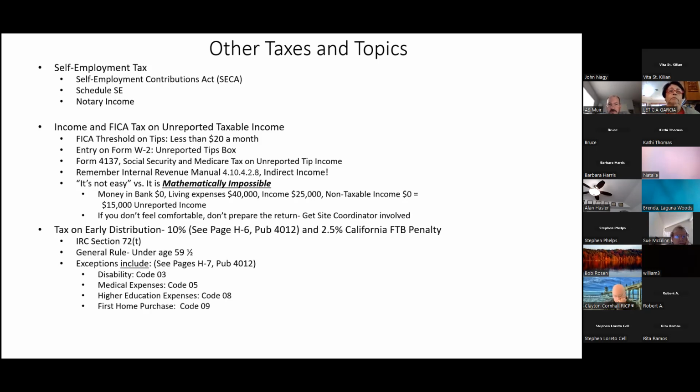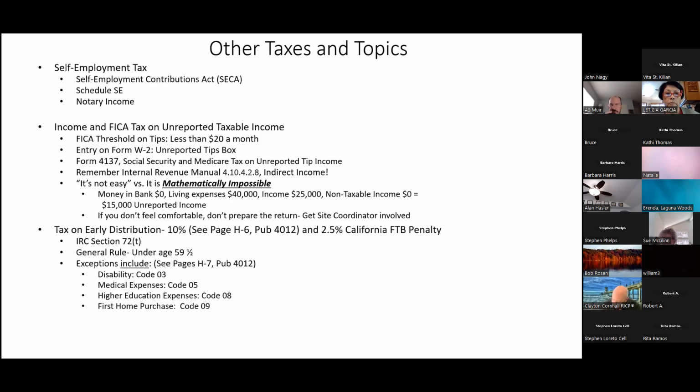So when you're making contributions, what that means is you may be eligible for Social Security once you reach a certain age if you have enough qualifying quarters. But again, that's something for self-employment people. I threw in notary income because sometimes you'll bump into a notary. And what I remember about notaries, they notarize documents. They have to report their income, but they don't pay self-employment tax. And then the discussion regarding